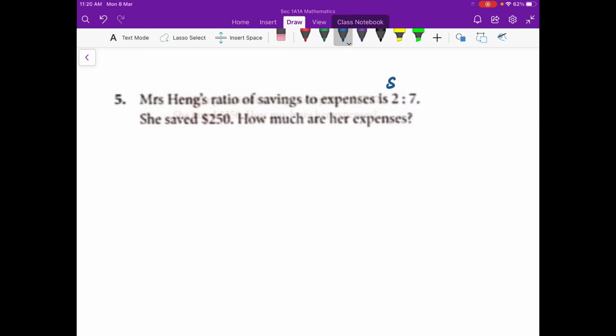Okay, now page 9, expenses. 2 to 7. She saved $250. How much are the expenses? So, how many units represent this $250? 2 units? Do you all agree, 2 units? Yeah, okay, 2 units represent